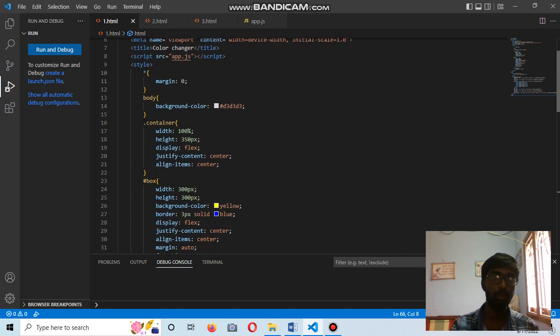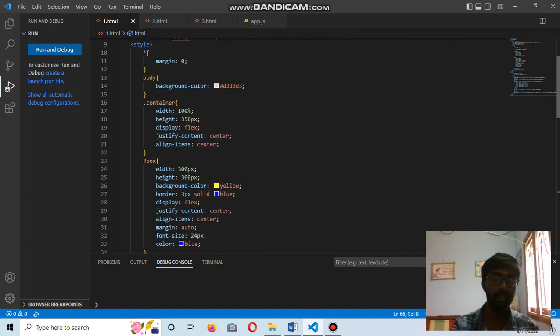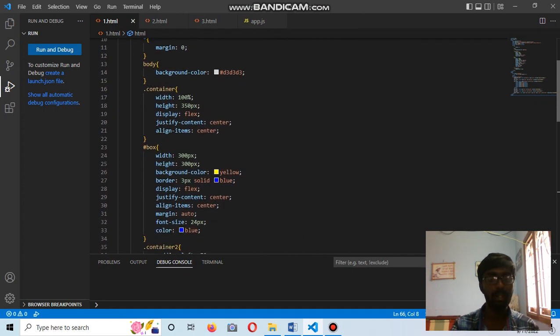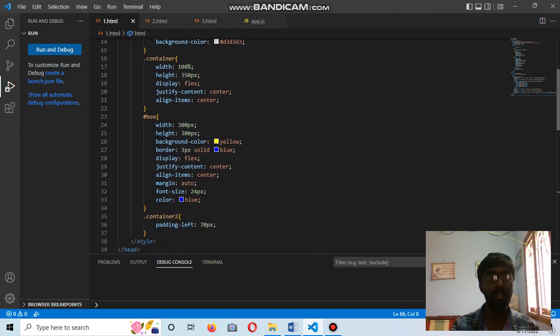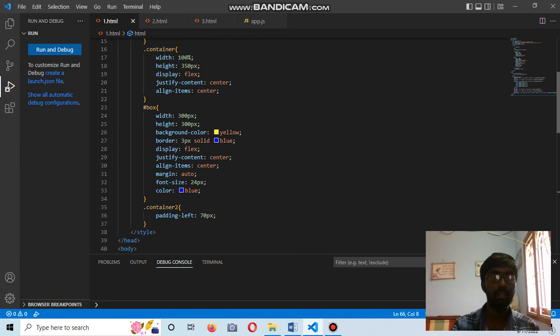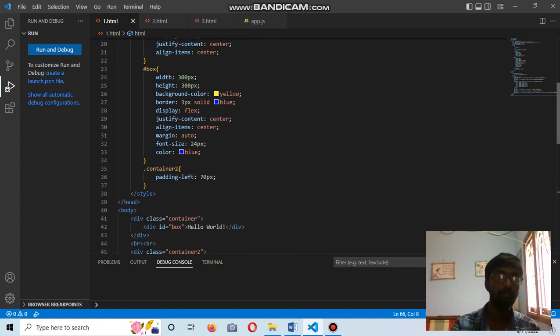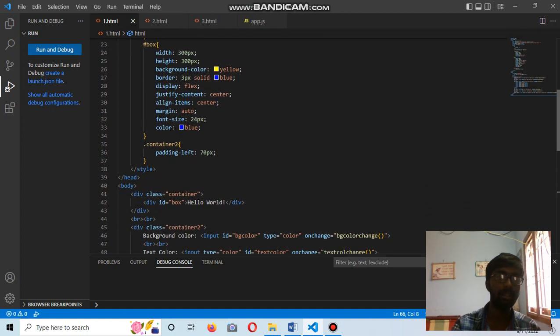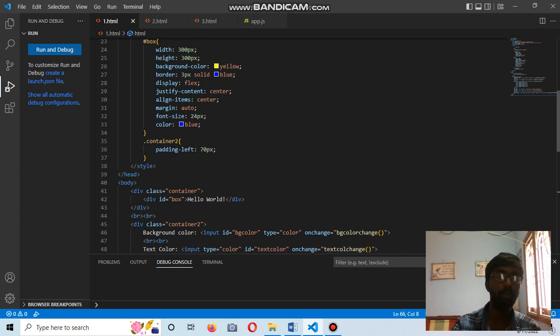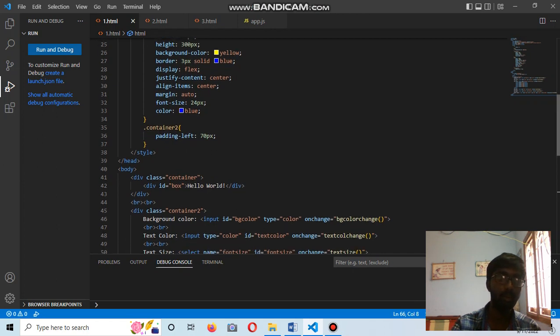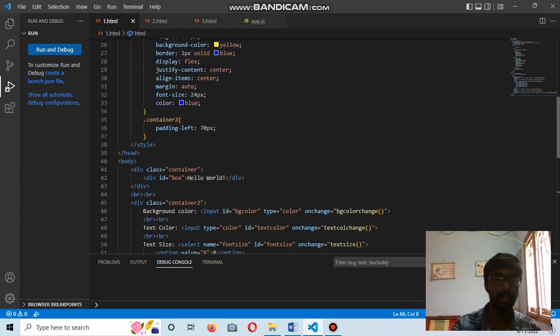Then the margin is 0, the background color has been added, and the container width is 100%, height is 350 pixels, display flex, justify-content center, align-items center. The box is 300 pixels wide, height 300 pixels, background color yellow, border 3 pixels solid blue,